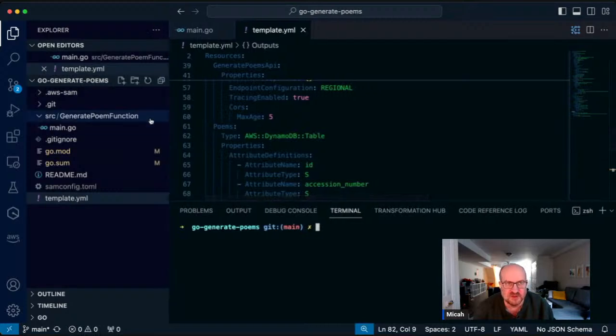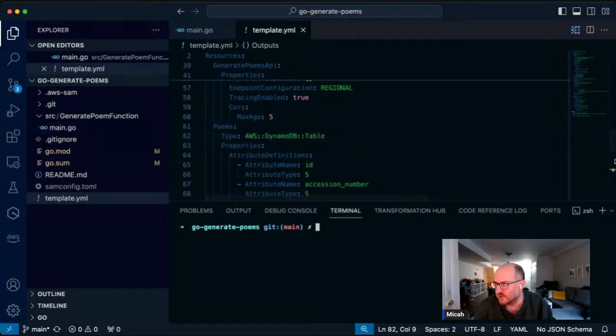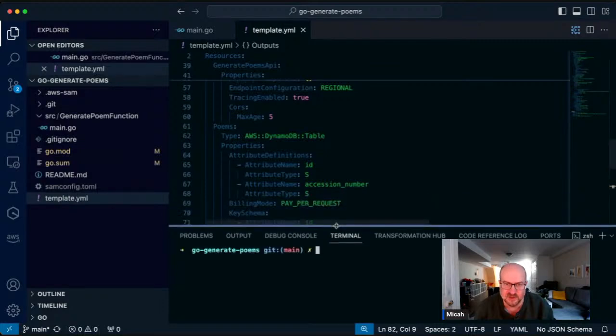By the way, I put this code repository on GitHub, so you can check that out. I'll share the link on YouTube once we finish up the stream. Everything we're doing here is going to be up on GitHub periodically.